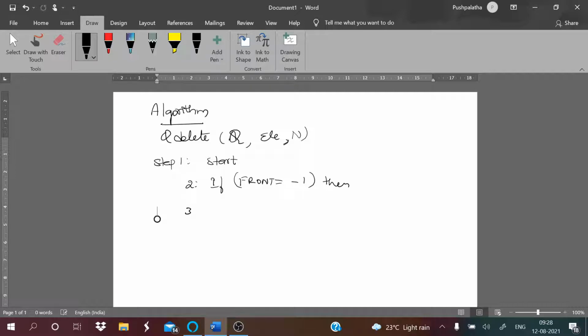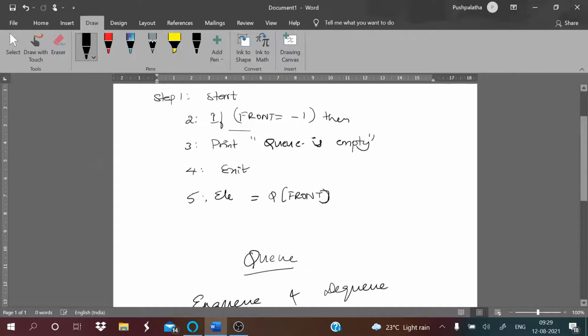It is understood that queue is empty. So print queue is empty and come out of the queue, because there are no elements to be deleted. If at all this condition is false, that is front is not minus 1, it may be 0 to any number, then we are going to delete the element. Go to that position that is mentioned, Q of front equals ELE, that is the element is removed, and then we say